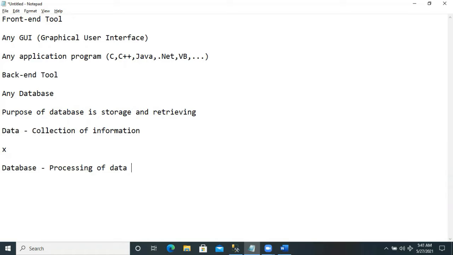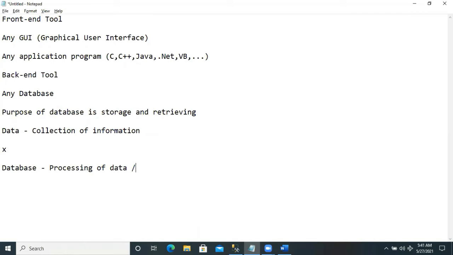If I want to get some particular number, here I'm searching for the contact number with the help of the first letter of the name. I used to write the select query to get the contact details. I used to write a query to add the contact details, modifying the contact details, removing the contact details. So this kind of processing is called the database.